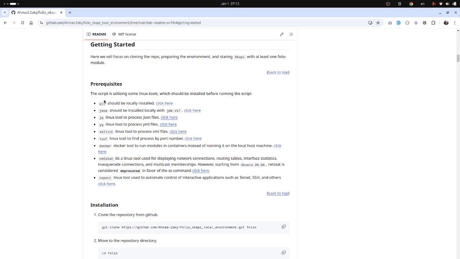Okay, very obvious. We need Git, Java, Docker. Okay, these three tools: JQ, JSON query, YQ, YAML query, and XML lint. These are used to parse JSON for this one, YAML files for this one, and XML files for this one. Okay, and LSOF and netstat are used for network and process